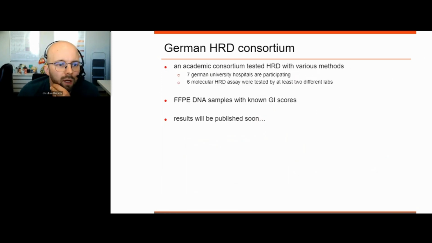Okay. We are also part of the German HRD consortium. This is an academic consortium which wants to test HRD with various laboratory methods. 7 German university hospitals are participating, and we use 6 molecular HRD assays. Each assay is tested by at least 2 different labs, and we had FFPE DNA samples from clinical studies with known GI scores,